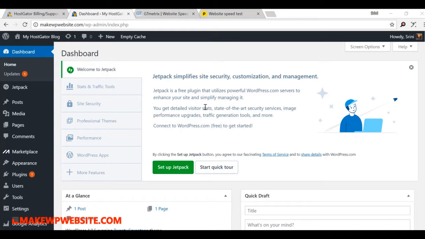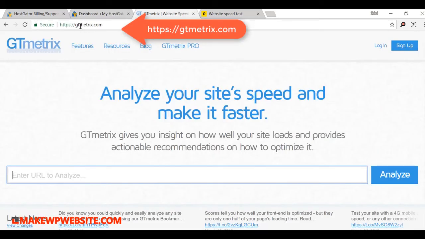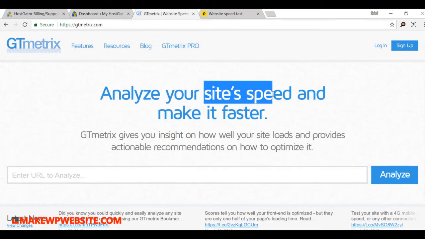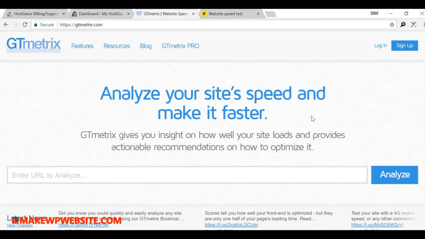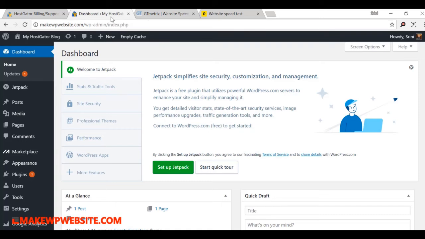So I'll introduce you to two tools. The first tool is called GTmetrix. This is a tool that will help you analyze the site speed, and then we will analyze what issues we have. We're not going to fix them, but I'm just trying to introduce you to these tools and techniques. Whenever we make changes to the website, we always want to check whether it's hurting our site speed, because as you keep adding stuff to your website, it will keep becoming slower and slower. So you need to know which things you're adding are causing that issue.